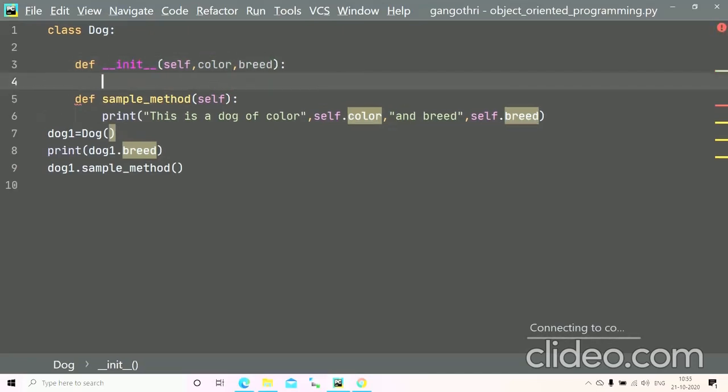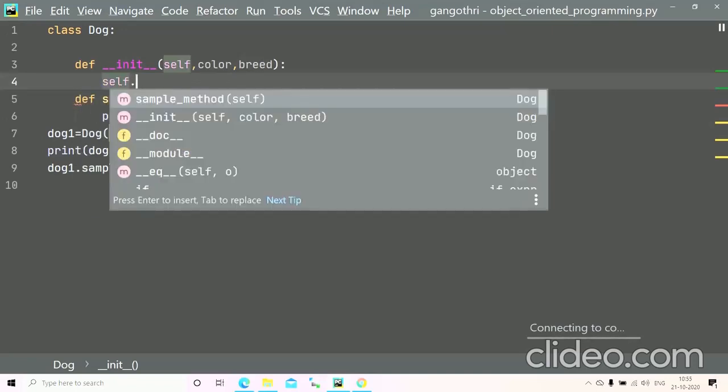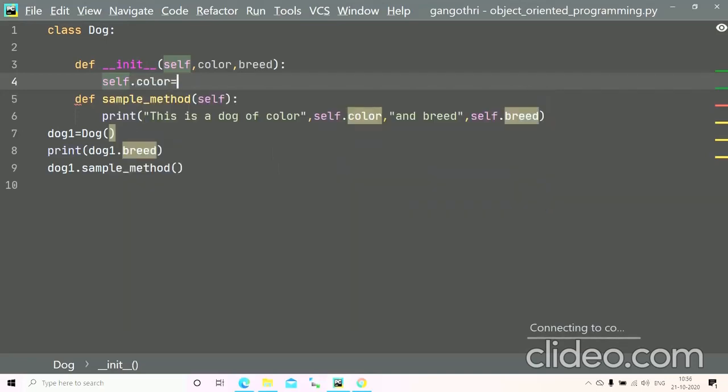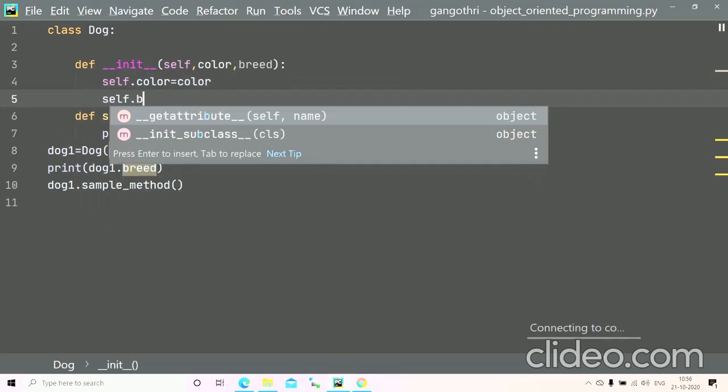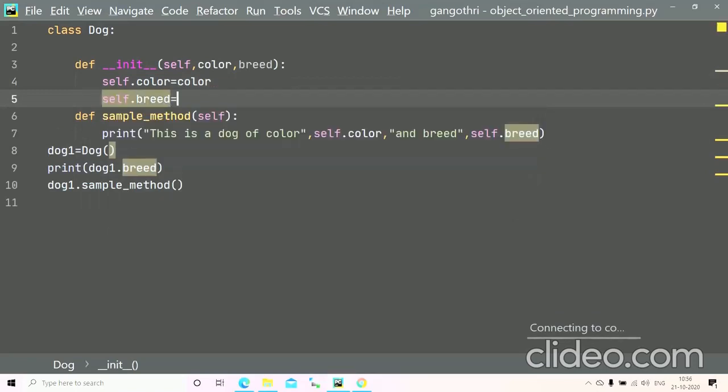Here we are defining our color and breed, which are our attributes, within the init method within our class dog. self.color is equal to color and self.breed is equal to breed, right? Yeah, we have defined our init method here.